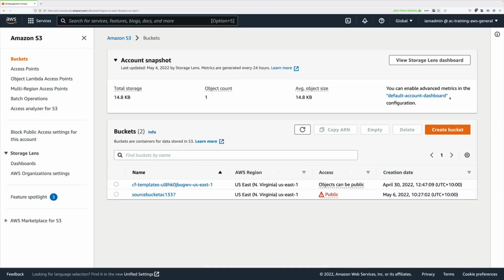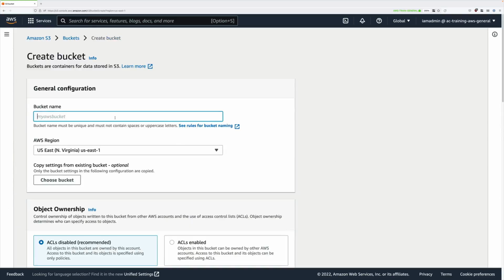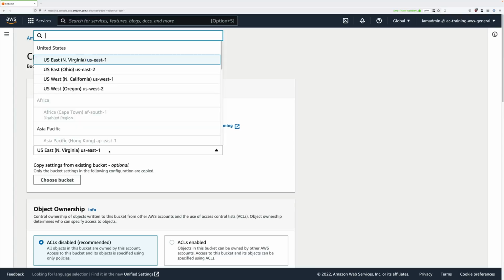We're going to follow exactly the same process. So click on Create Bucket. This time we'll call it Destination Bucket, and then again your initials, and then ideally the same random number. So in my case, 1337. Go ahead and click on the region drop down, and instead of picking US-East-1, this time we're going to use